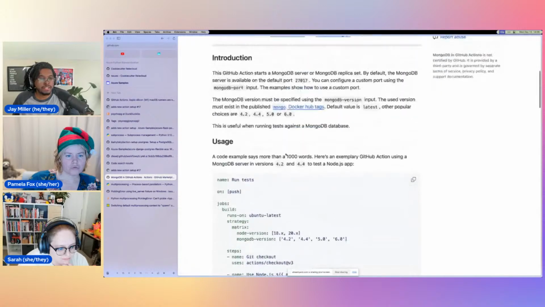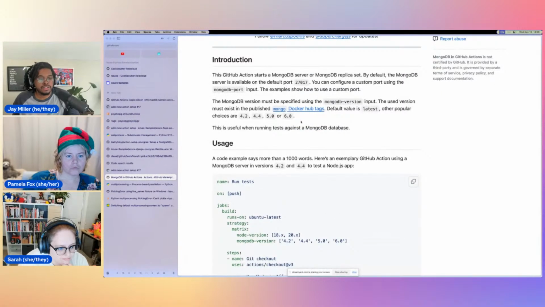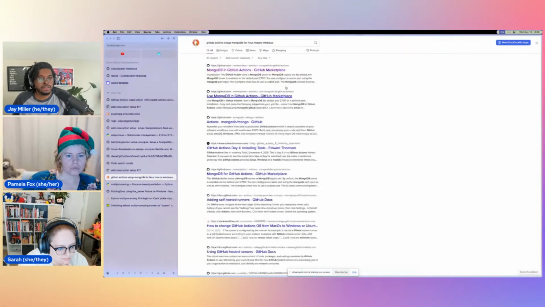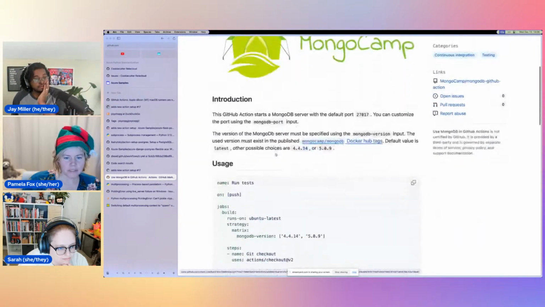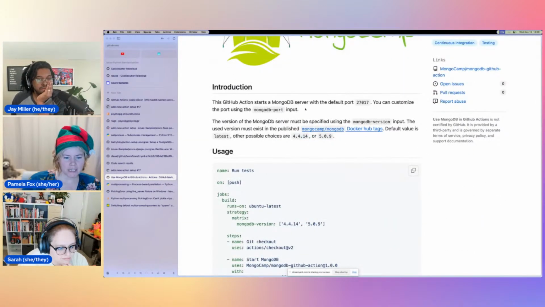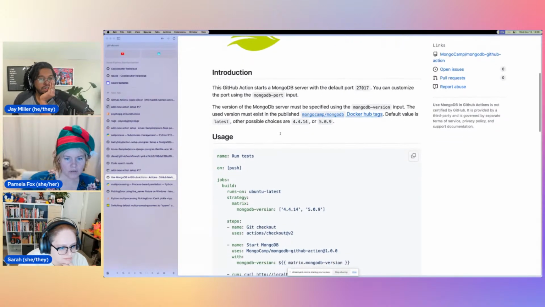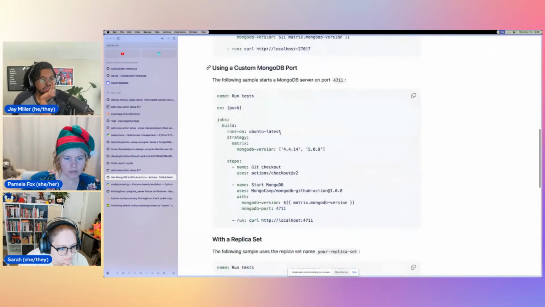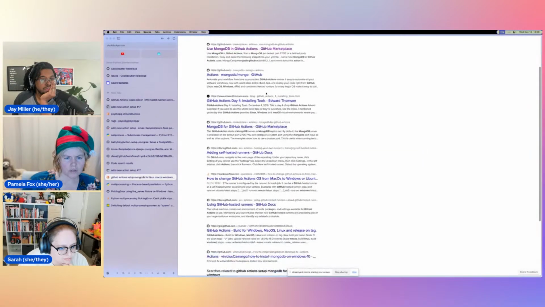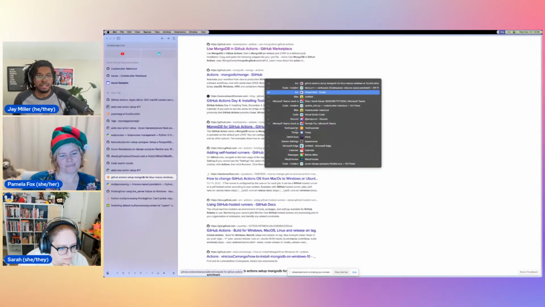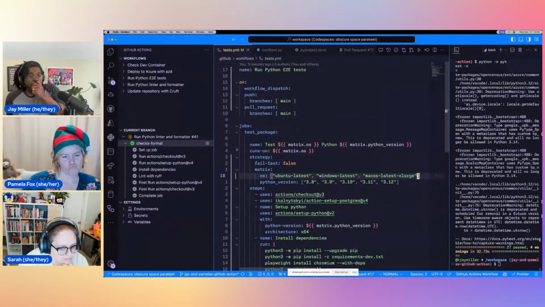MongoDB in GitHub Actions. Starts a MongoDB server or replica, so that's not using the built-in one. Yeah, I only want to use the built-in one. Finding ones that use the built-in, because I think maybe it was recent that they... Starts a MongoDB server with the default port. I'll let you hunt that down. I am going to